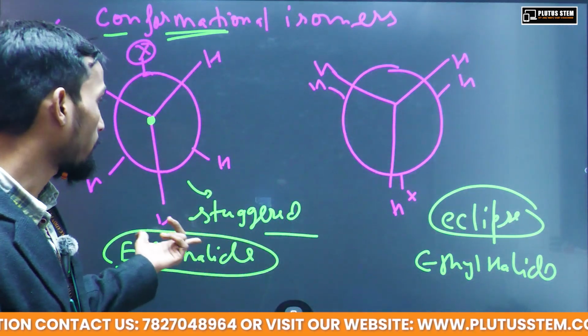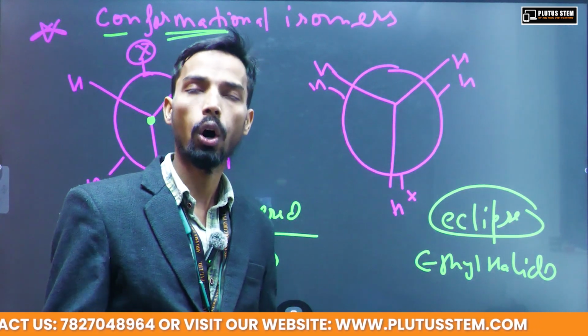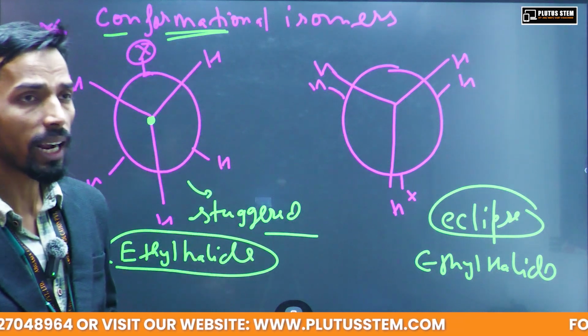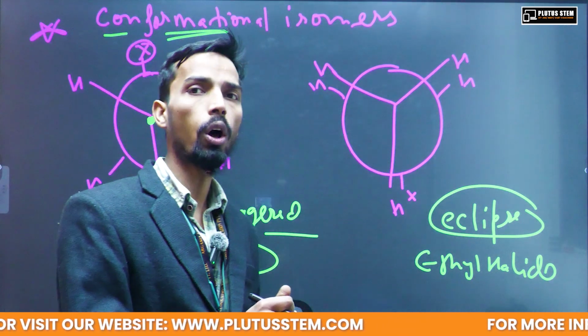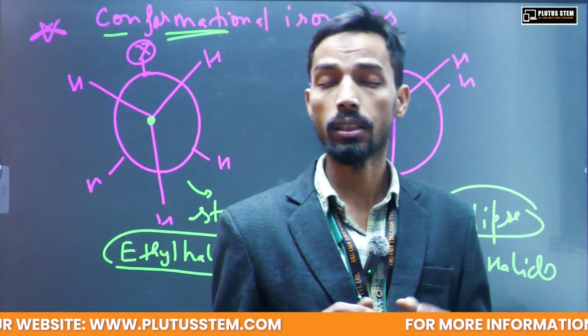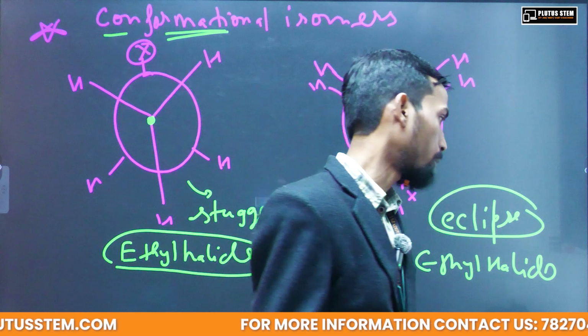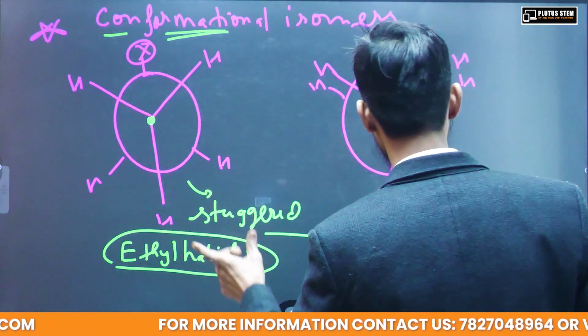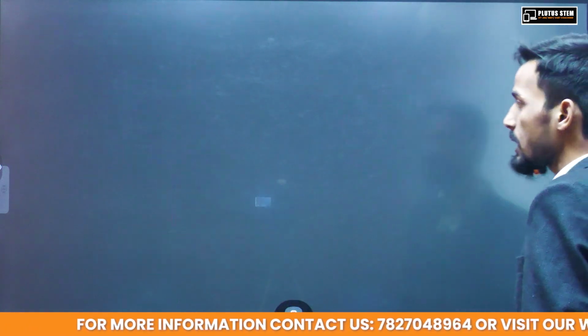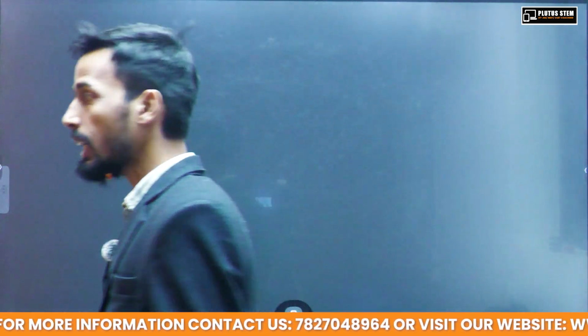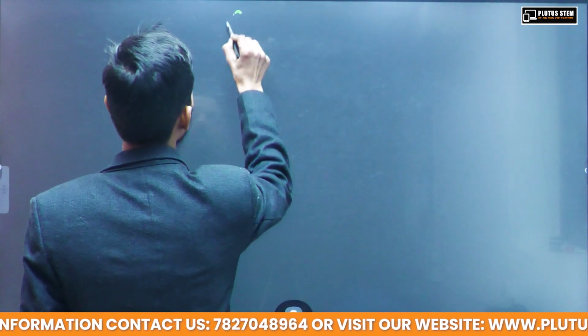Sometimes we will see that eclipsed is stable, or staggered or gauche is stable. All these things we have discussed in quite detail in class 11th. You can go over there and watch the lecture of GOC, conformational isomers. So these are present in these. And regarding the configurational isomers,